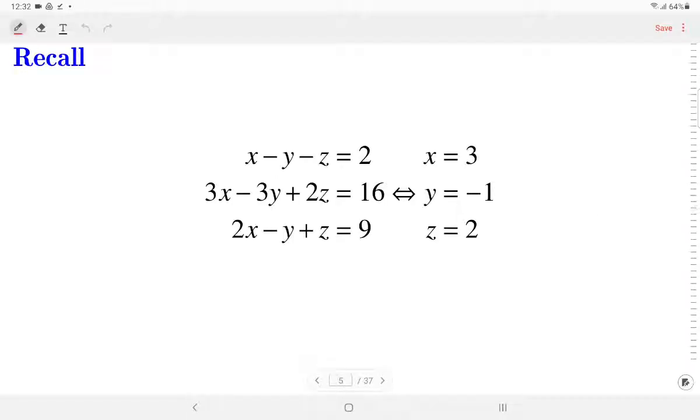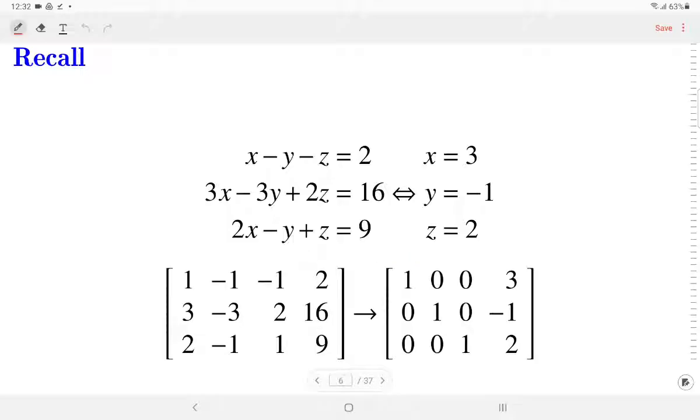So recall that we were discussing that if we have to solve this system of equations, then we need to transform it into an equivalent system of equations where the values of x, y and z are given explicitly, which is equivalent to transforming the given augmented matrix into a more simplified form. This simplified form, we call it reduced row echelon form.